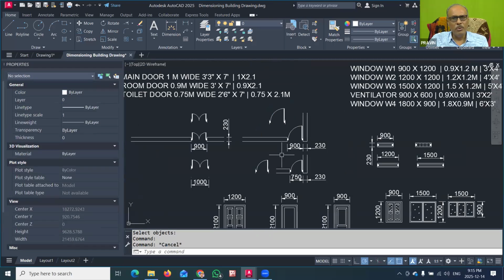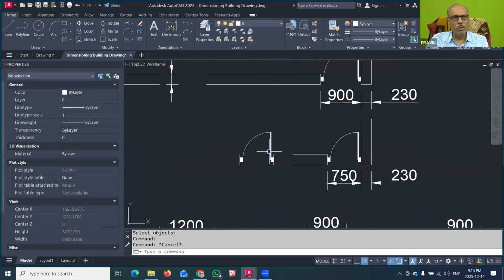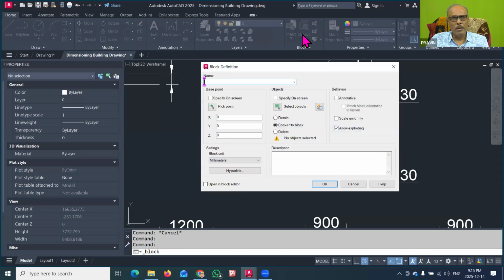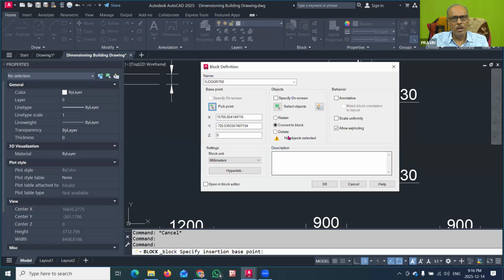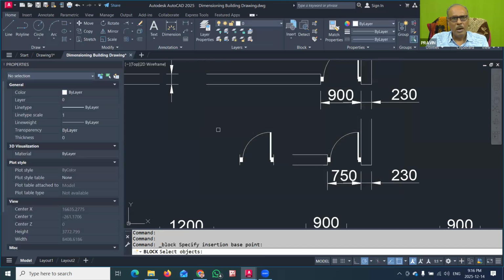Now similarly we will do it for this toilet door. Here again I will go for the create block command. Now I will type one leaf door, and it was 750 width. So 750. Then pick point, I will click this as the base point. Then select objects, I will select all this door panel.